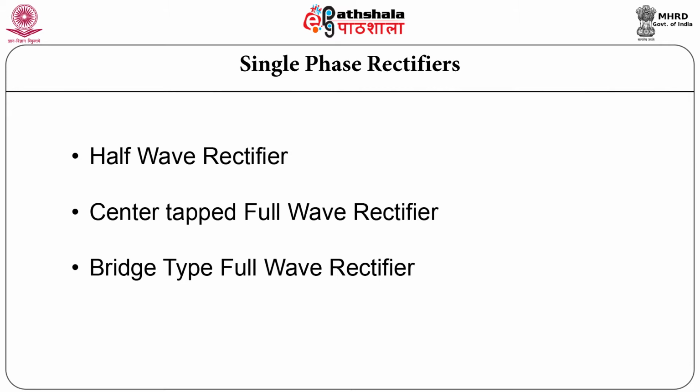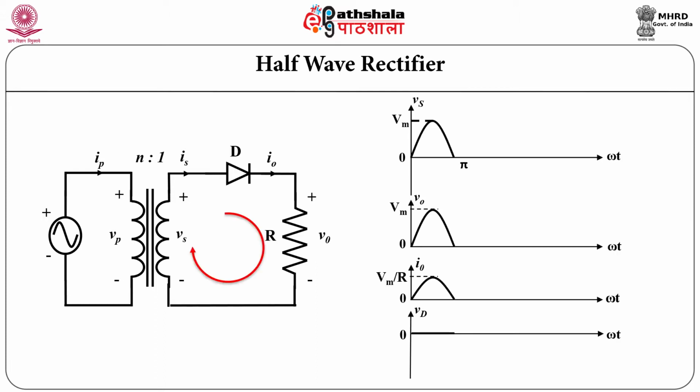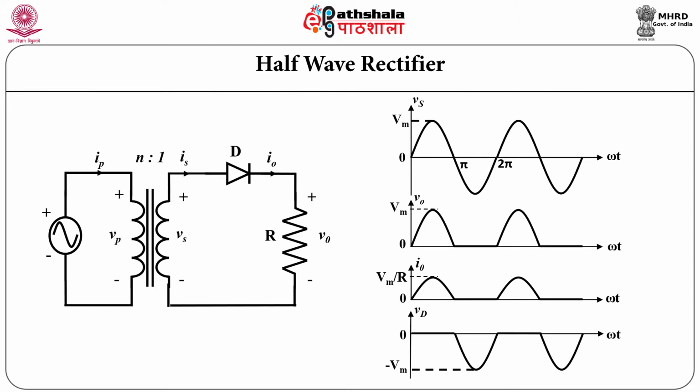For example, let us consider the half wave rectifier. It consists of one diode connected to the load in series as shown in the figure. There is a transformer which is used for isolation. When the input voltage is positive, the diode will conduct and it will give the output. So the input voltage will come at the output. During the negative half cycle, the diode will be reverse biased and it will give no output. The timing waveforms are shown in this timing waveform diagram.